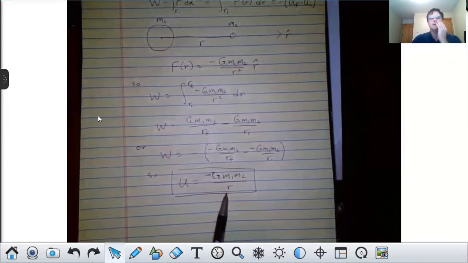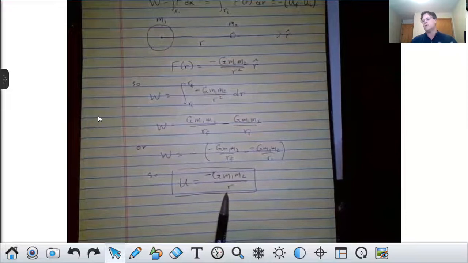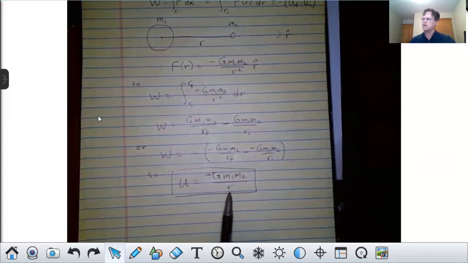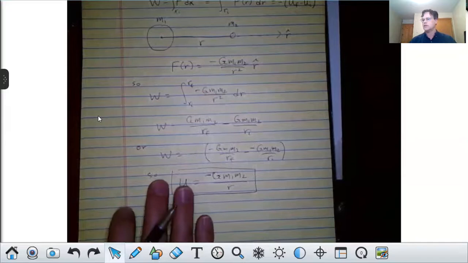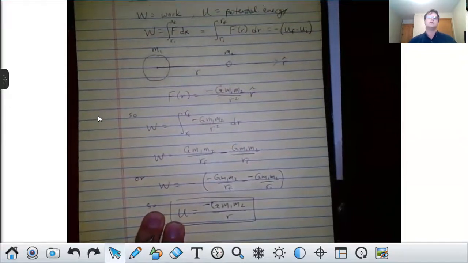Now, you might wonder how this is related to mgy, right, when you're near the surface of the Earth. It turns out you can prove that this reduces to that, but I'm not going to do that right now. I guess if people are interested, I could do a video or a discussion about that. But what I want to do now is remind you of some stuff that we do in Physics